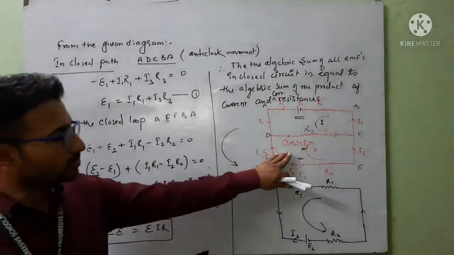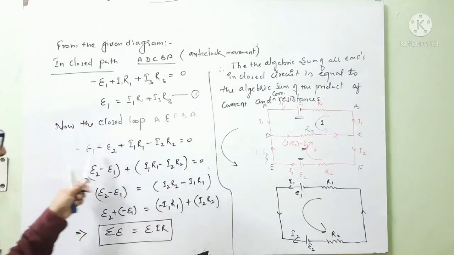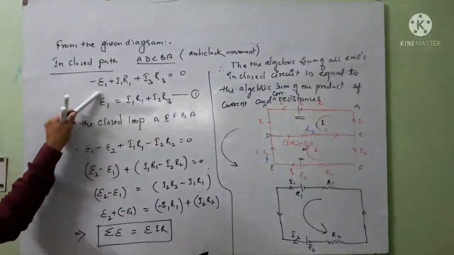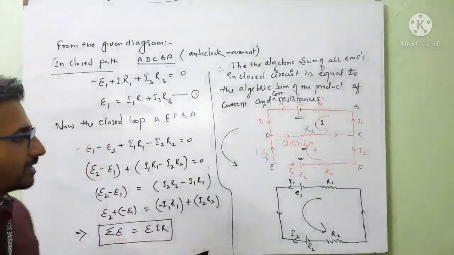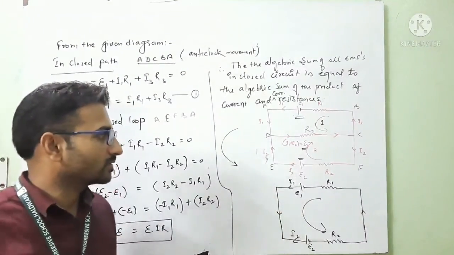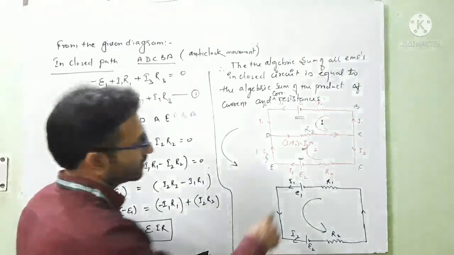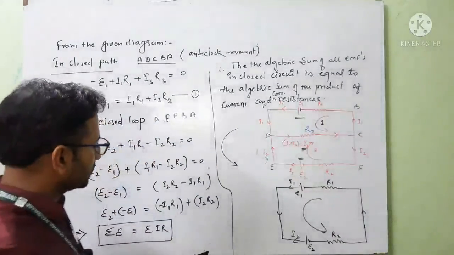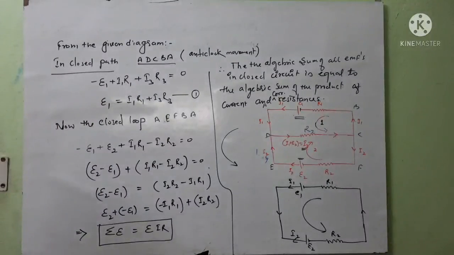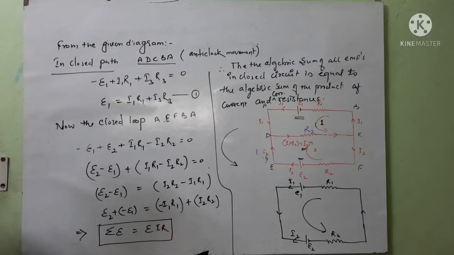So you can use this loop also, by which you can write the same equation which I have obtained, like E1 means EMF of the first cell. Similarly you can obtain the second equation, which is for the EMF of the second cell, when you take the turn in clockwise direction. Got it? So this is the result, the algebraic sum obtained by adjusting the things. Got it, student? So remember this point and note it down.